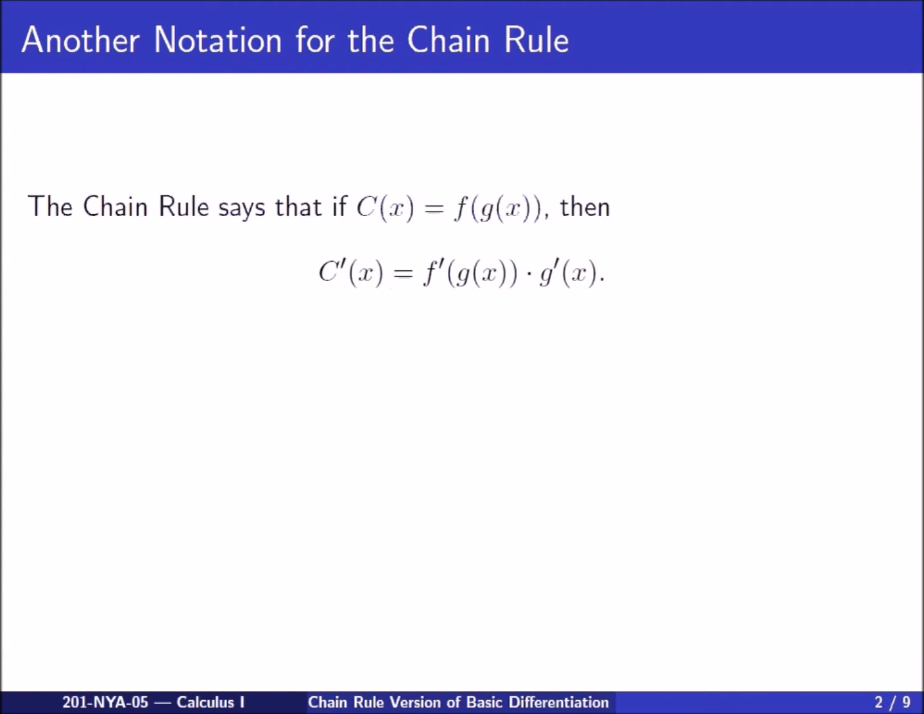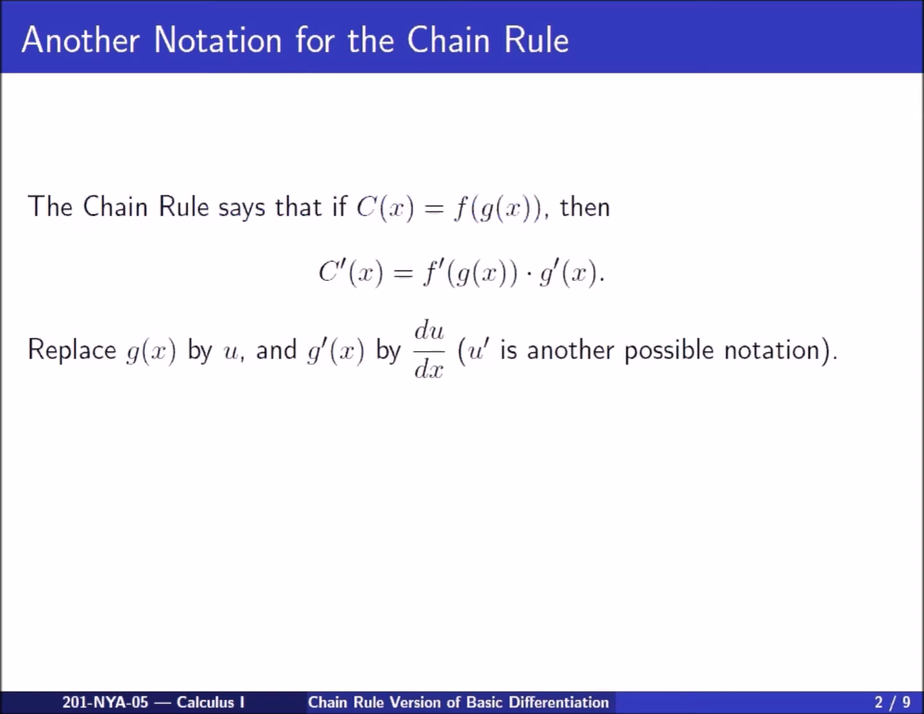So recall that the chain rule says that if I have a composite function c of x, which is f of g of x, then c prime of x is f prime of g of x times g prime of x. Now there is another way of just rewriting that chain rule, which personally I prefer, and you get this version by